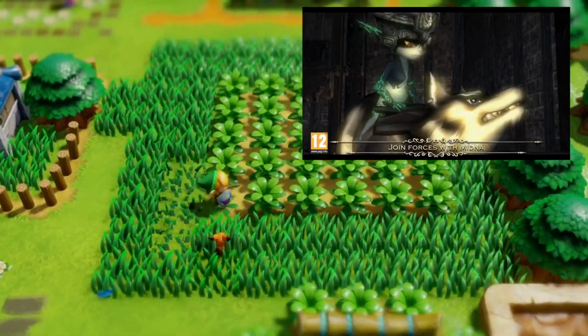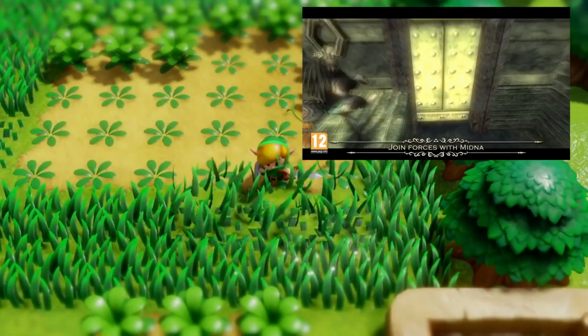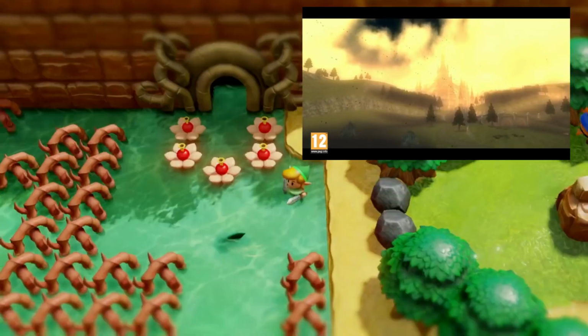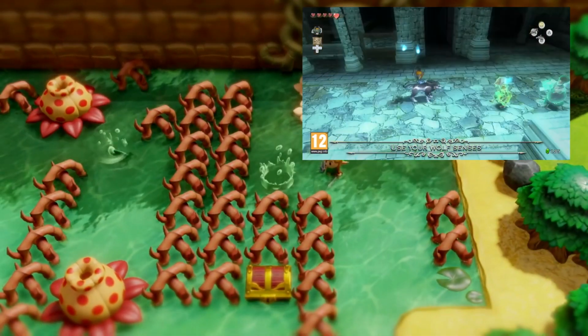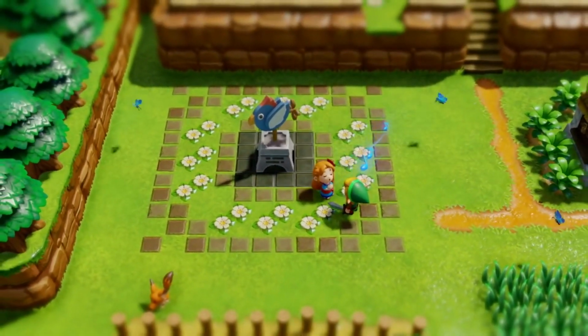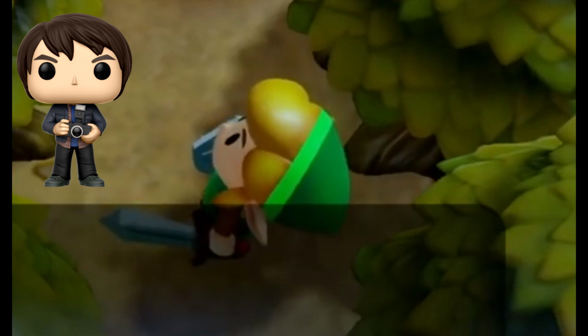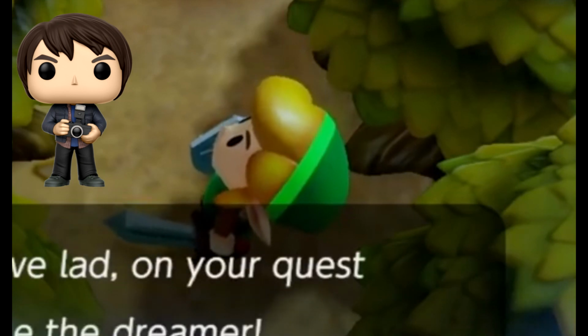And in terms of Link's Awakening, the graphics for Link's Awakening are so completely different than anything we've seen before that it's not shocking that it did take everybody by surprise. I've seen a lot of people say that Link looks like a Funko doll, which I can kind of agree with, but my thing is, I don't understand why that's necessarily a bad thing.